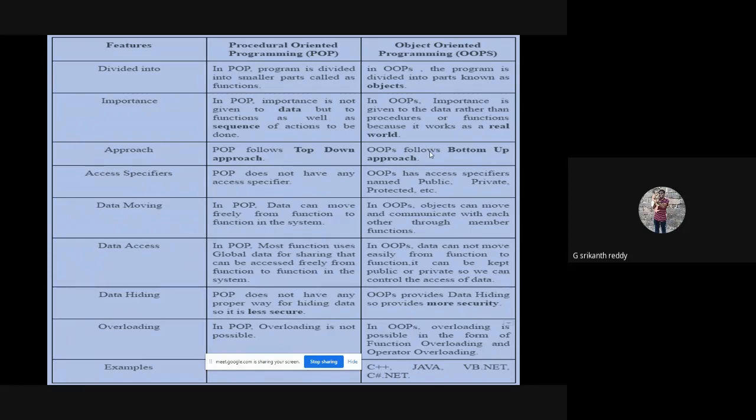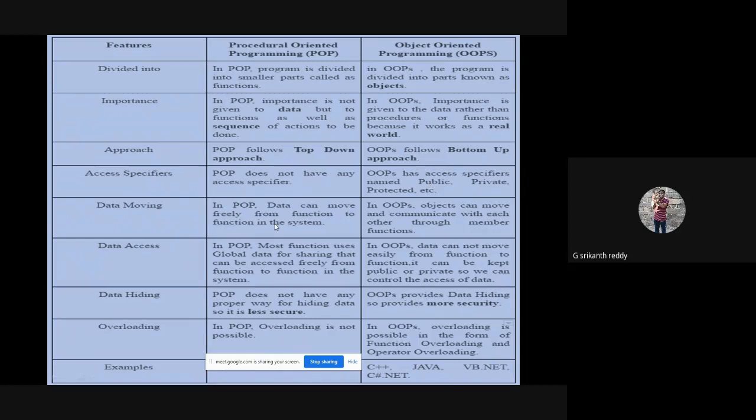That means the main function is at the bottom of the program. So the problem gets solved from bottom to up approach. And access specifiers, as we have seen, in POP we don't have any access specifiers like public, private, protected. In OOP we have access specifiers, public, private, protected.